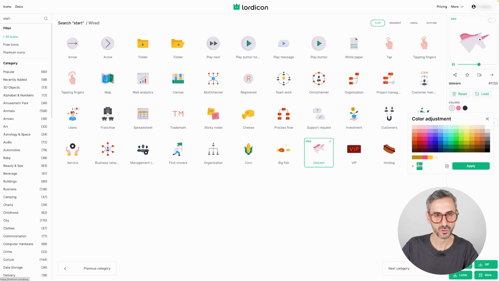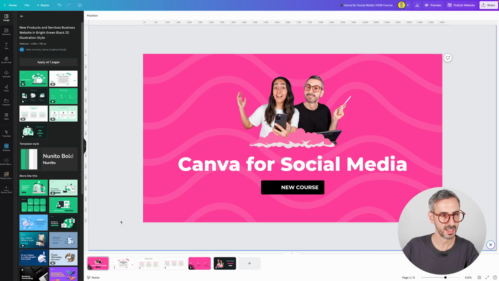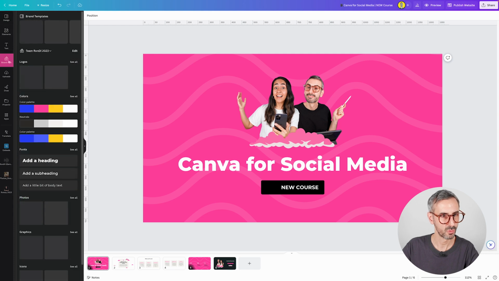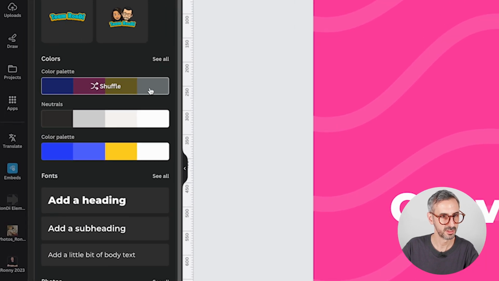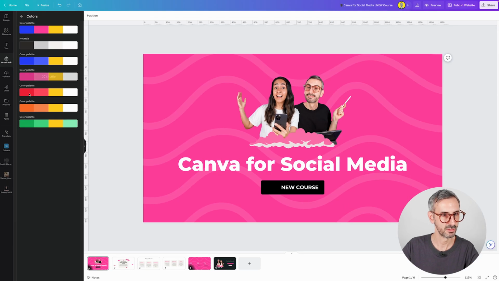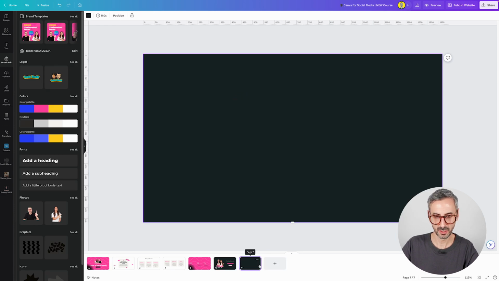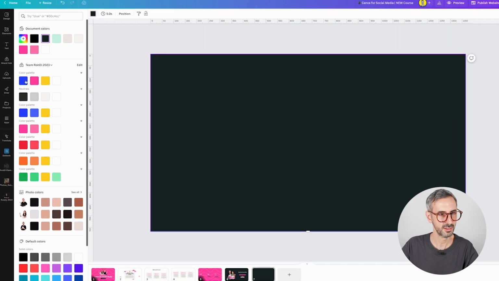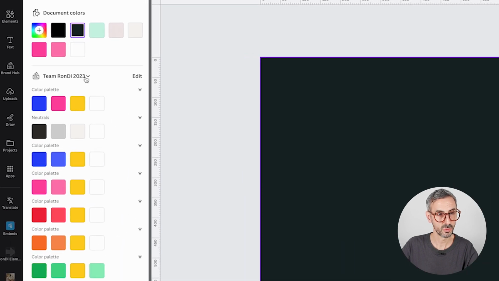So I'm gonna go back to Canva and look at my brand hub right here because I have all of these colors right here. These are my brand colors. So I need to grab the colors. I need to click on one of these palettes and understand, for example, this pink, what is the exact hex code of this pink. So in order to do this, I'm gonna come on the last page right here, select the background, click on the color button and see here under my Team Rondi 2023, what are the different colors,